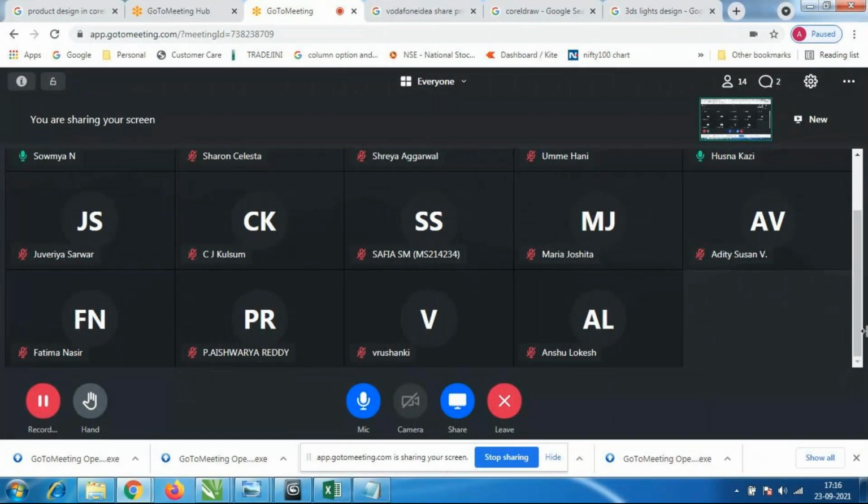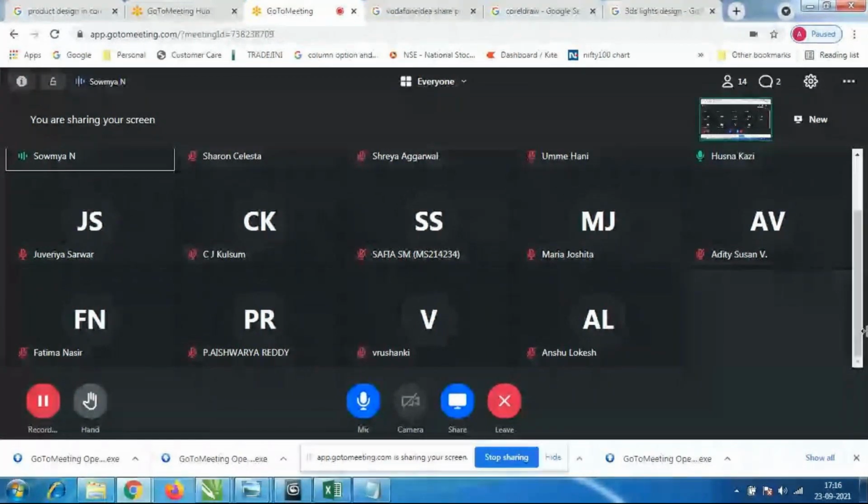Okay. So we can change. Suppose we want to change an L extension to a C extension. So how to do it? Now the wall is in L shape. Husna, tell me how to make it. I want to make it in L shape with the U extension. How to make it? Anybody, Kulsum?